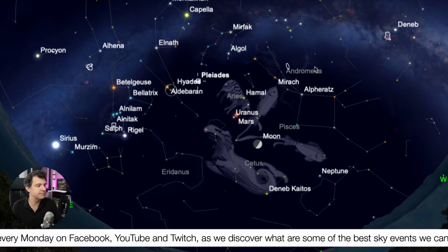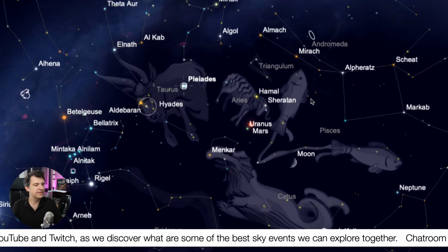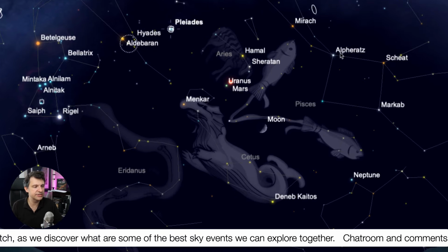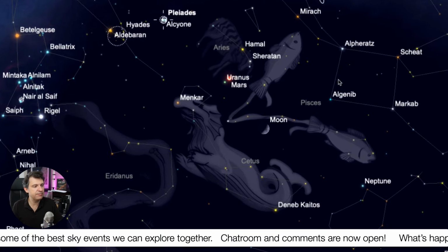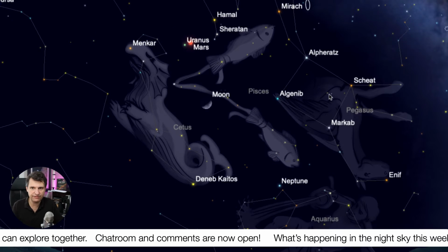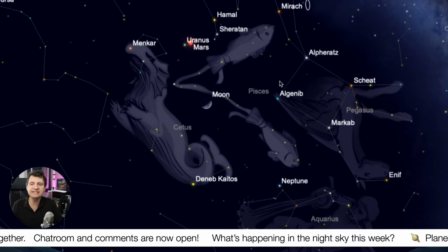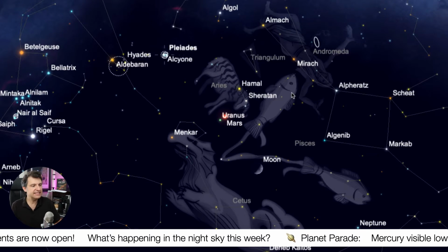This is a great time to see Andromeda, which is next to this giant square pattern of stars. This giant square pattern of stars represents the chest of Pegasus, the flying horse. So what I want you to take a look for is what we call a double star. And this is kind of a neat